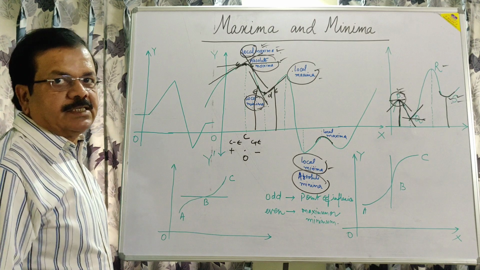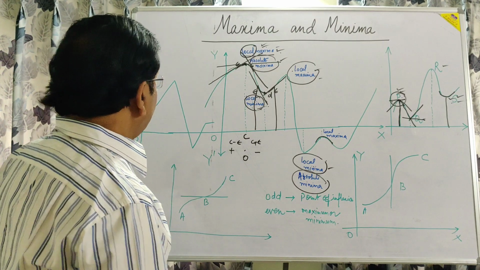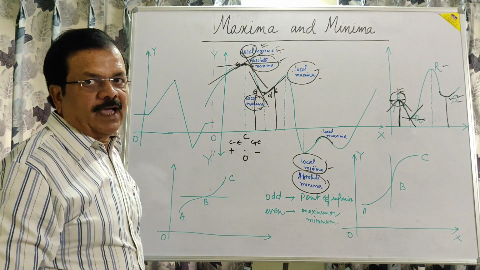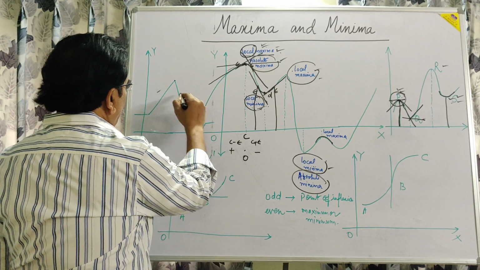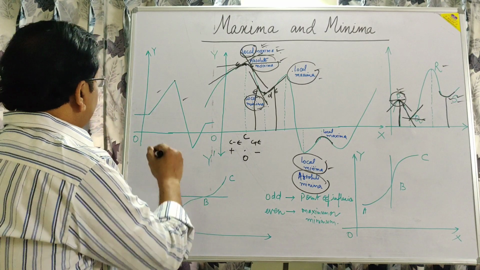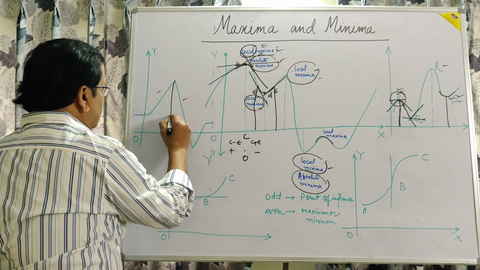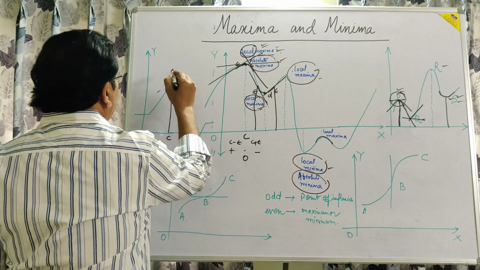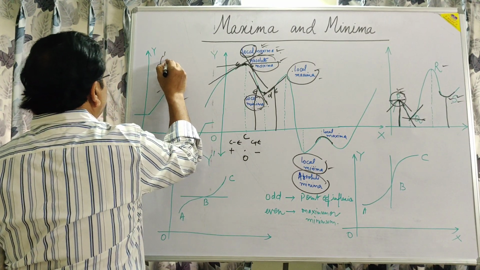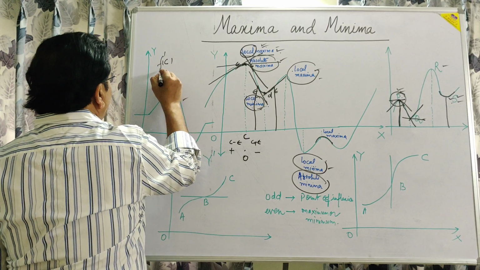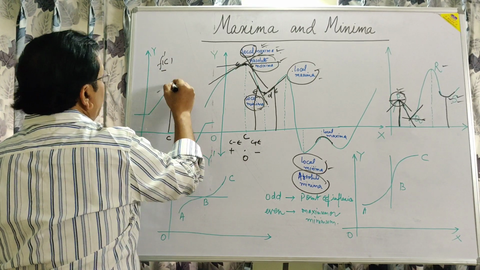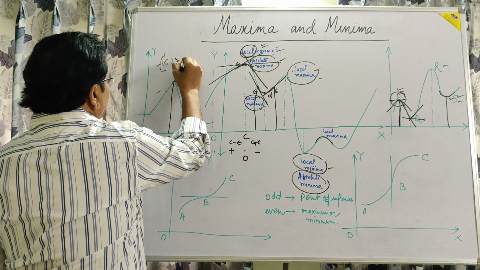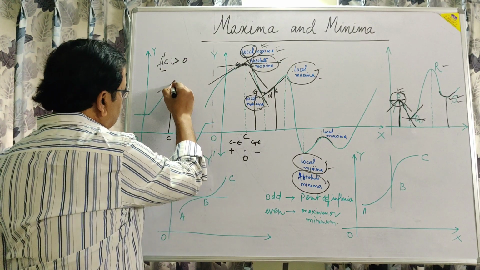And in some of the cases where dy by dx does not exist, as in this type of curve, we can also find local maxima and local minima. You can see here, say this is c. In this case, since dy by dx does not exist, at this point f dash c, the left limit of this is greater than 0, and so this is the maximum.